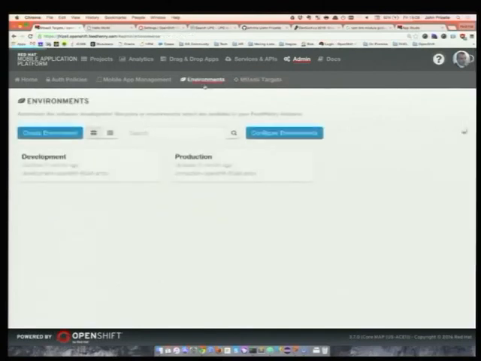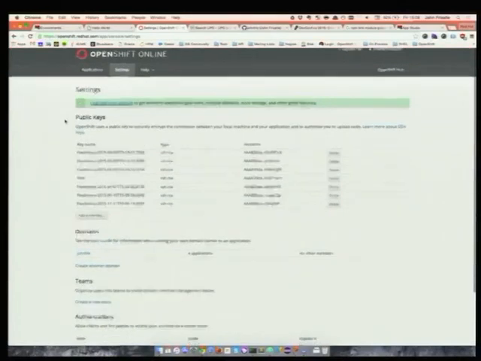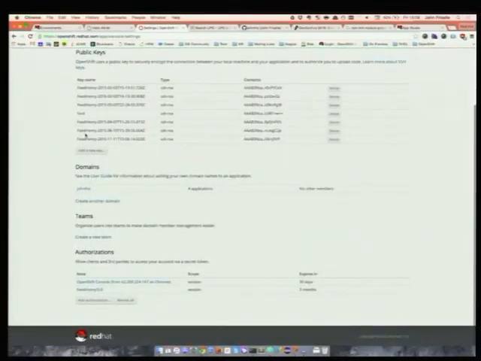You have the option here under environments, if you had a third stage or a fourth stage in your lifecycle flow, you can add additional environments and hook them up to one or more of these MBaaSes. Over in OpenShift, under the settings area, we can see the keys and the OAuth token that was created to allow connectivity.